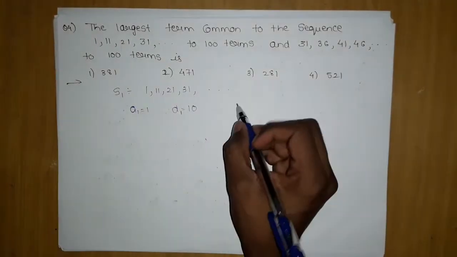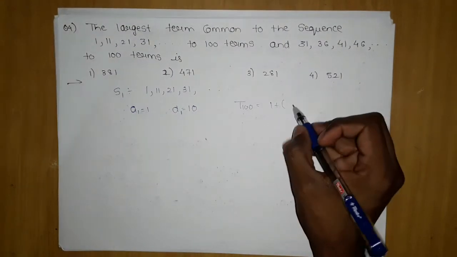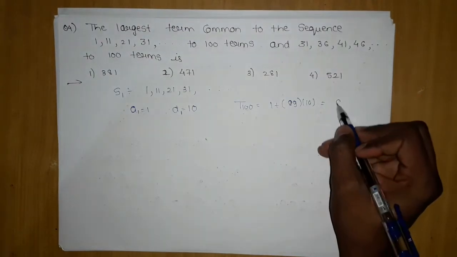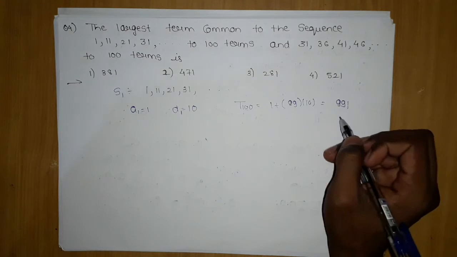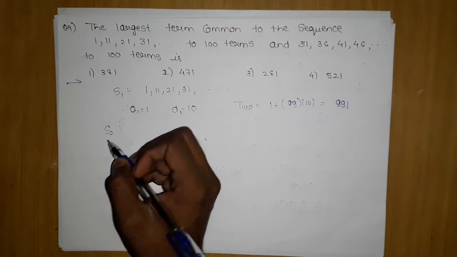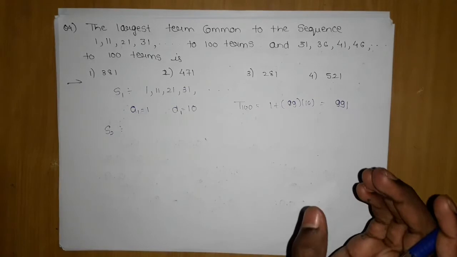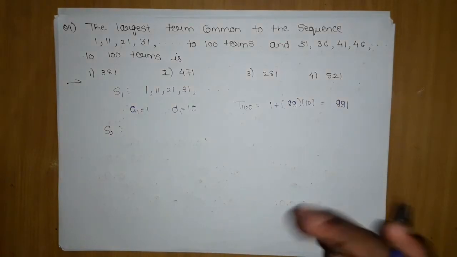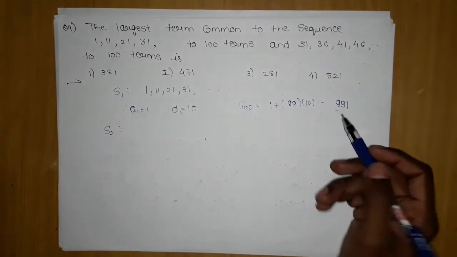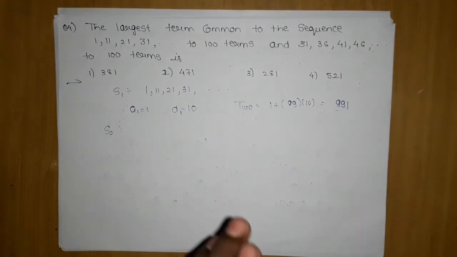Now can I get T100? Yes, very easily. What is A plus 99 into D? D is 10, which gives me 991. So this is our T100. What was the purpose of finding it? Since we have discussed it, you already know, we will try to take the most common term possible in the common series, which has the terms from both the sequences. Is this the lowest 100th term present, or the minimum lowest term nearby? We will try to find it.